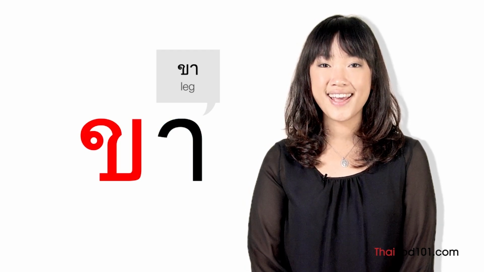ขา just has two parts. The initial consonant is ขอไข่ and it has the long vowel สระอา. So once again, a high-class consonant with a live syllable ending results in a rising tone. ขา